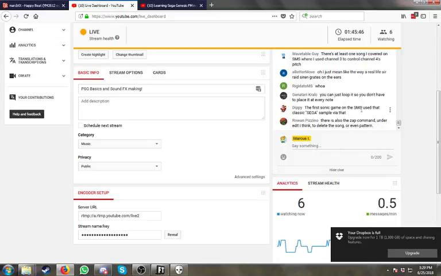Dippy says the first Sonic game on the Sega Master System used that classic Sega sample. I'm not sure if it was for the Sega Master System version. I think it was the Game Gear versions for Sonic 1, 2, Sonic Chaos, and also Sonic Triple Trouble. I know those 4 games especially use the Sega, you know, where they sang that, and they use that